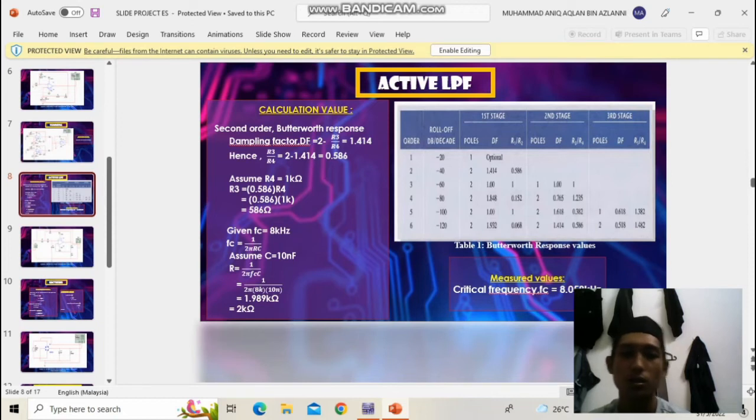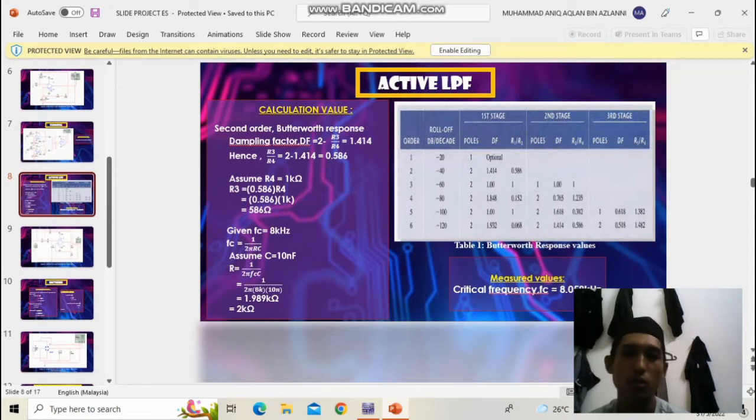So this is the Butterworth response value. We use a second order filter right here. This is the second stage. So 2 minus R3 per R4. This is a formula, so it's fixed. And then we use the second stage and we take this value 1.414. So 2 minus